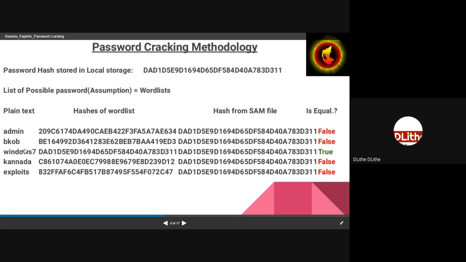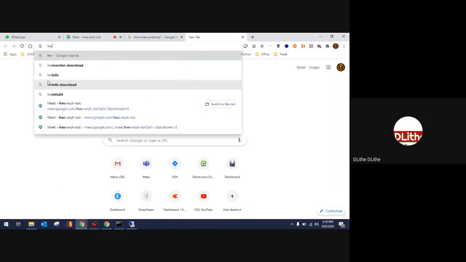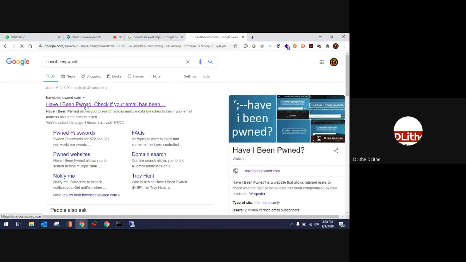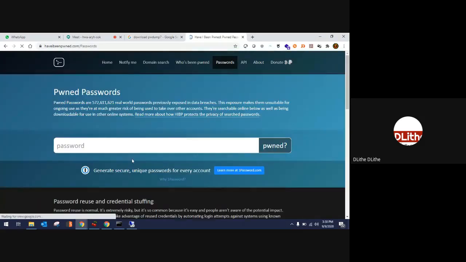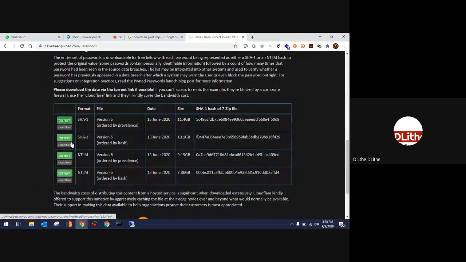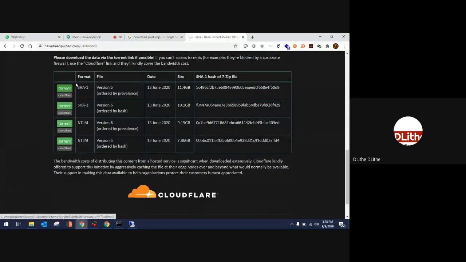So there are two ways. You can use a word list that is available online, like haveibeenpwned.com. This has already compromised passwords in various hashing algorithms. You can download it from a torrent or client.